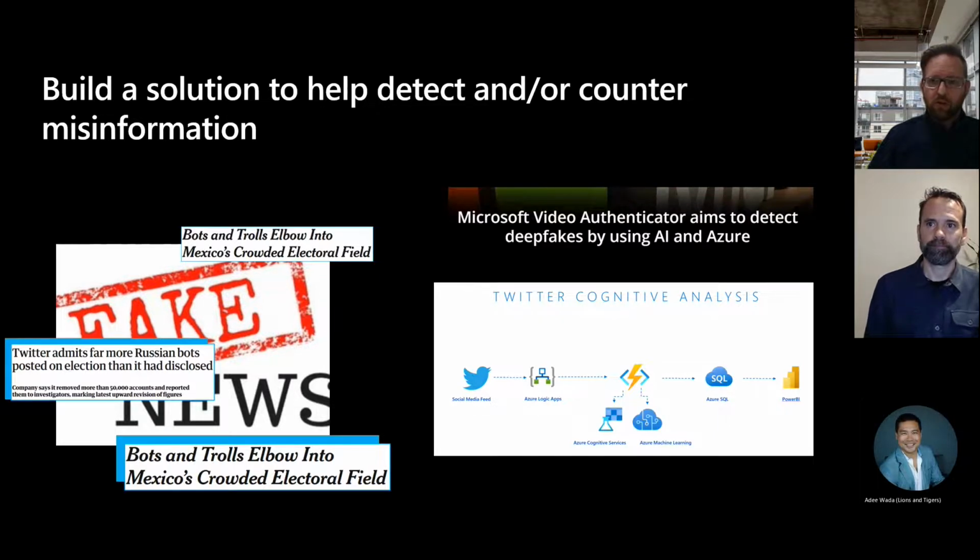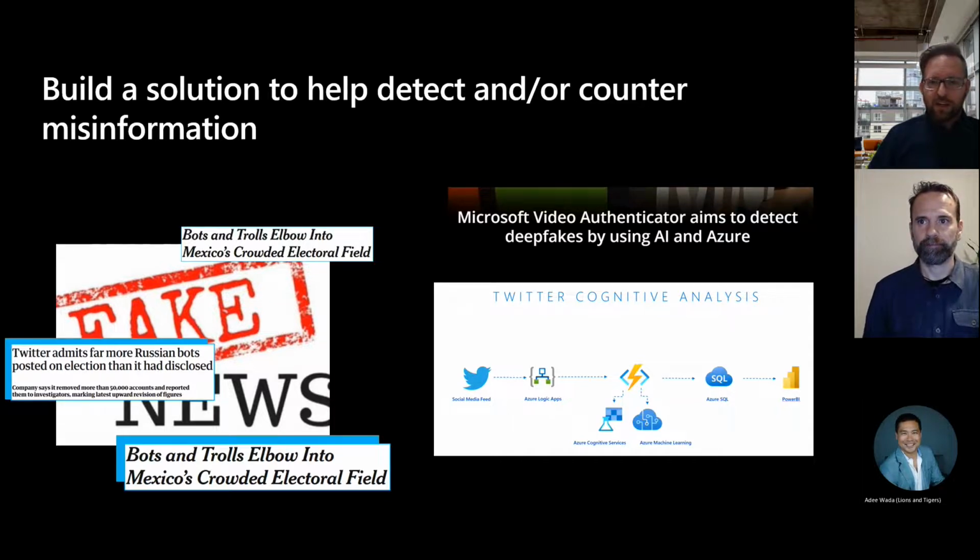Microsoft is also partnering with the BBC, the Canadian Broadcasting Corporation, and the New York Times on something called Project Orion, where we would embed these similar types of technology to validate news sources right directly at the source that we're getting our news from. In this challenge, you're asked to build a solution to help combat this misinformation. As an example of a reference architecture we've used in the past, you can see in the bottom right, I have some architecture we'd used for a Twitter sentiment analysis project.